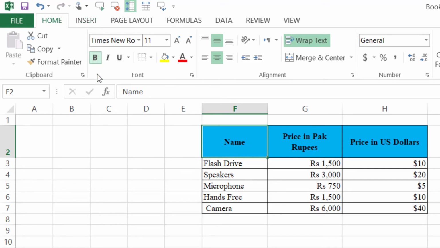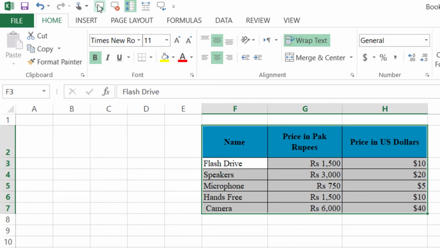Now when I press Speak Cells, let's see what happens. Name. Flash drive. Speakers. Microphone. Hands-free. Camera. Price in Pak rupees. 1,500 rupees. 3,000 rupees. 750 rupees. 1,000. Okay, I think that is sufficient for your understanding.